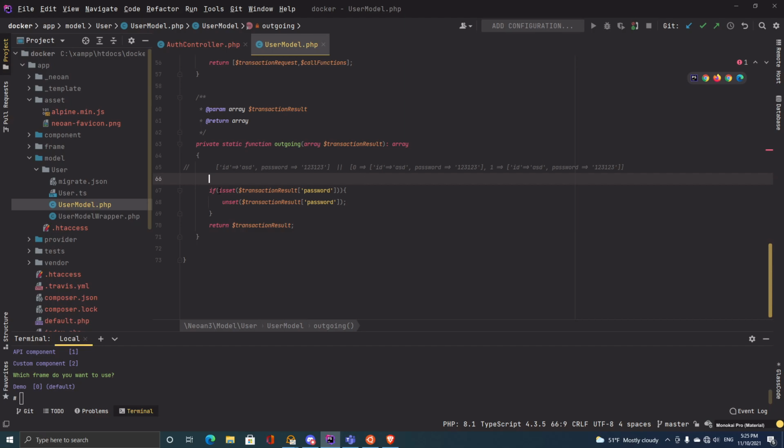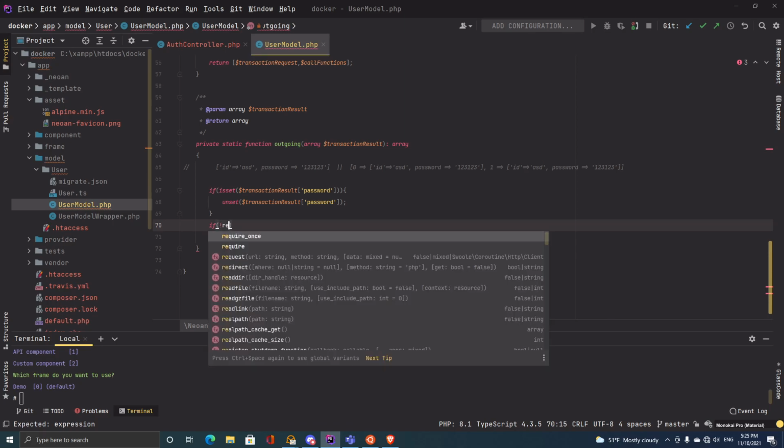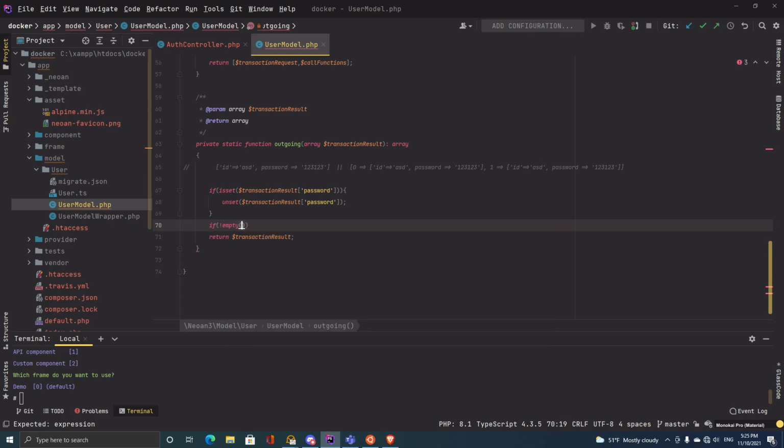So we have to account for that. In that case, of course, the password will not be set because this will be a numeric value. So what we have to figure out is, with what kind of result are we dealing with? Well, it's also not that complicated. What we're going to do is say, if this is not set and it's not empty, right? So basically, if our result is not empty, so if we actually have results,